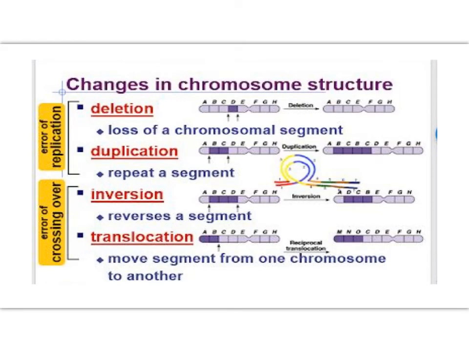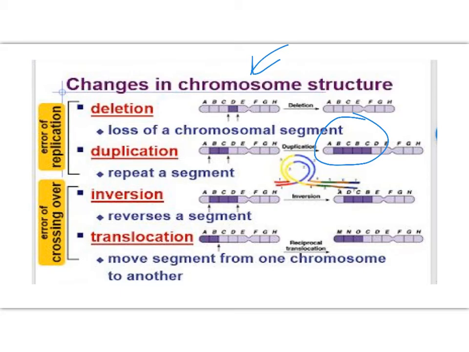So what we have here are some mutations that can happen on the entire chromosome. So these are bigger, larger chromosomal mutations. So I could have a deletion where an entire chunk of the chromosome is missing. Not one little nitrogen base or one nucleotide, but an entire chunk of chromosome missing. I can have a duplication. You can see here where I've duplicated it. Both of these are errors that could occur while DNA replication is happening.